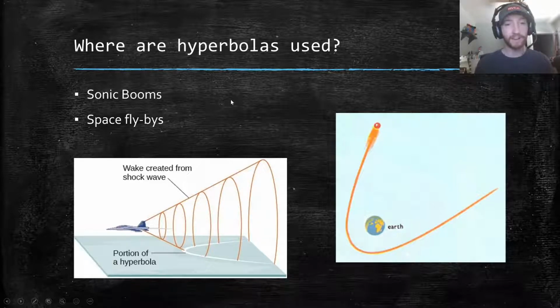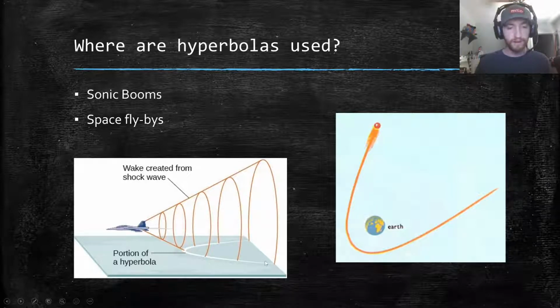And then my favorite application of a hyperbola over here, because as you know I worked with airplanes, sonic booms. For those of you who are unfamiliar with what a sonic boom is, basically when you're going faster than the speed of sound, you're going to create a shock wave behind you, and it's going to emanate out in the shape of a cone from that single point all the way out in waves. Okay, so if we are flying parallel to the ground, just like in this image here, eventually as this cone emanates out, the ground is going to kind of slice it like our paper was in the example. It's going to slice that cone, and it's going to form half of a